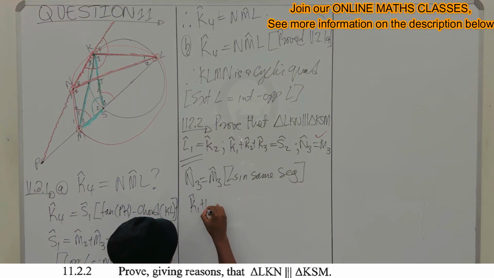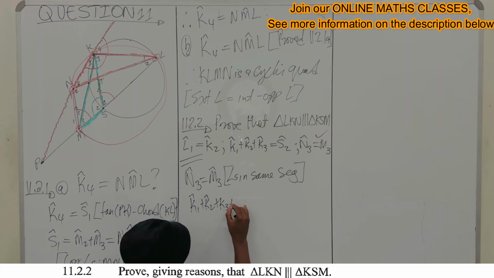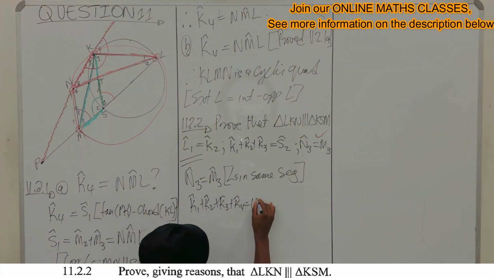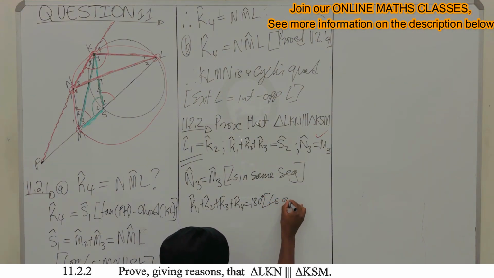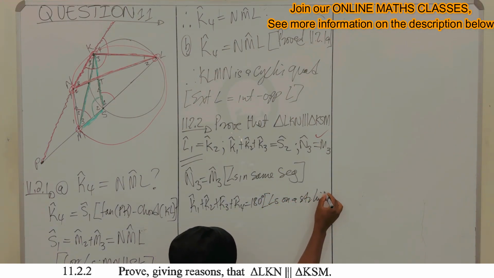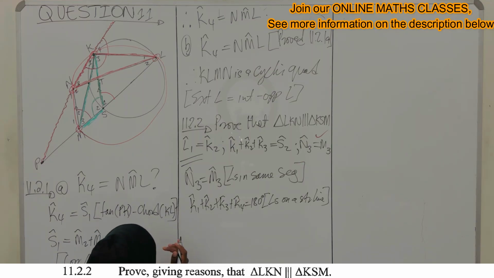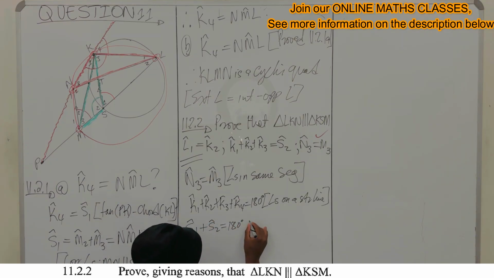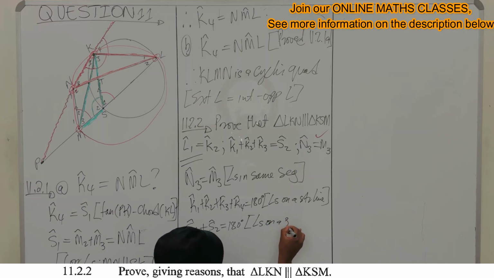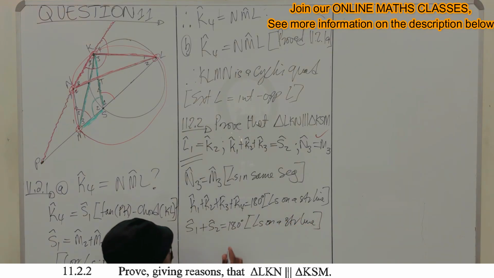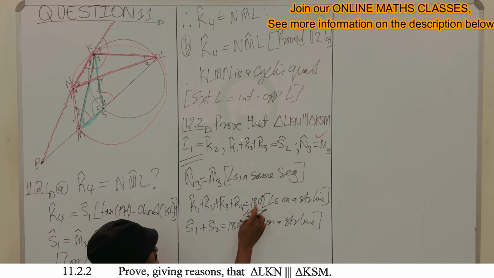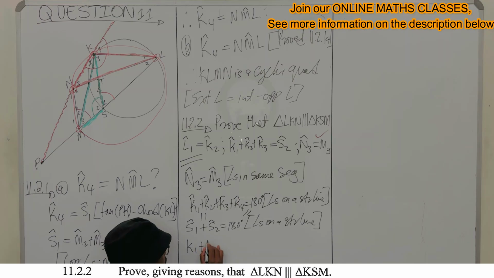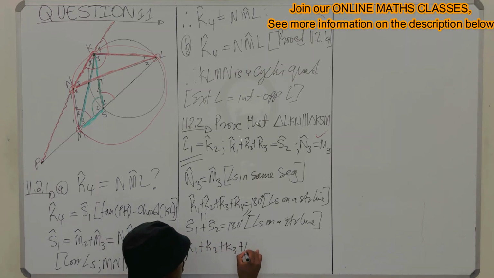We can say, okay, K1 plus K2 plus K3 plus K4, these angles all give us 180 degrees, angles on a straight line. Right? Fine. What else? We're going to say S1 plus S2 equals 180 degrees. These are also angles on a straight line as well. So 180 is equal to 180 degrees. So the right hand side is equal to the right hand side of this one, which means these two are also equal, which means your K1 plus K2 plus K3 plus K4